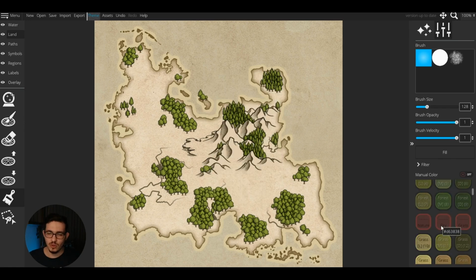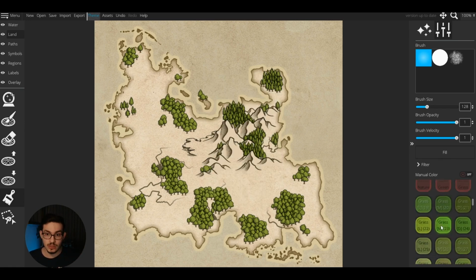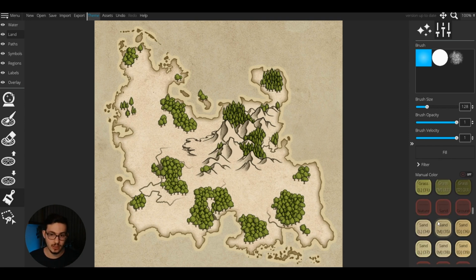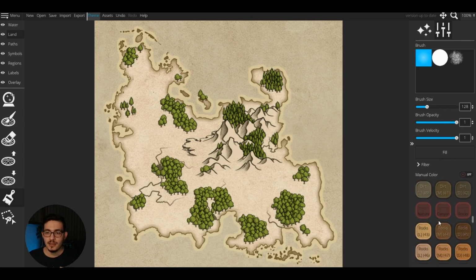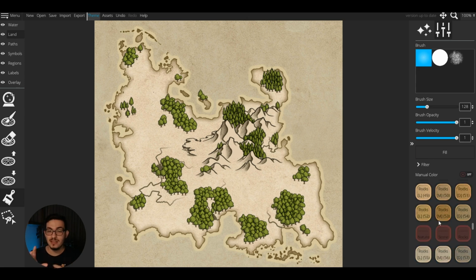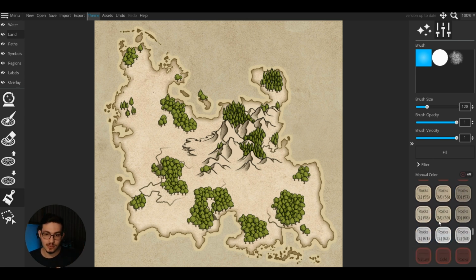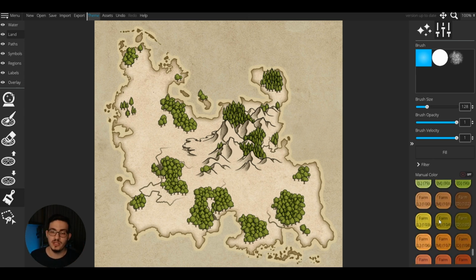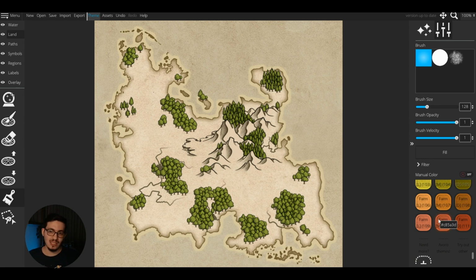It will never cover all your needs, but it will give you a generic idea of how coloring can be. And when you don't find the colors here nice, you can practice changing them, and you will need to add more colors. Like for example, there's no purple here, and if I wanted to have a purple forest of mushrooms, I would need to add it, right? So this is a really good starting point.